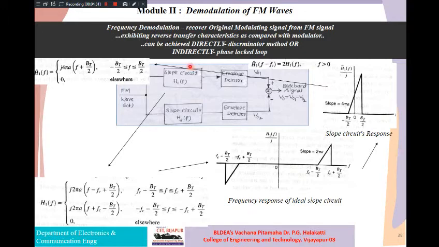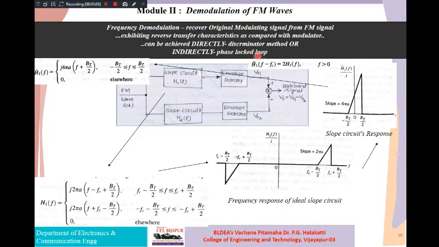This can be achieved directly by using the discriminator method, or balanced discriminator as we can also call it, or indirectly by using a phase locked loop. So two techniques are there for our syllabus. Before we go through them, this is the normal block diagram that you are supposed to draw first and explain. The figure shows a typical block diagram for the